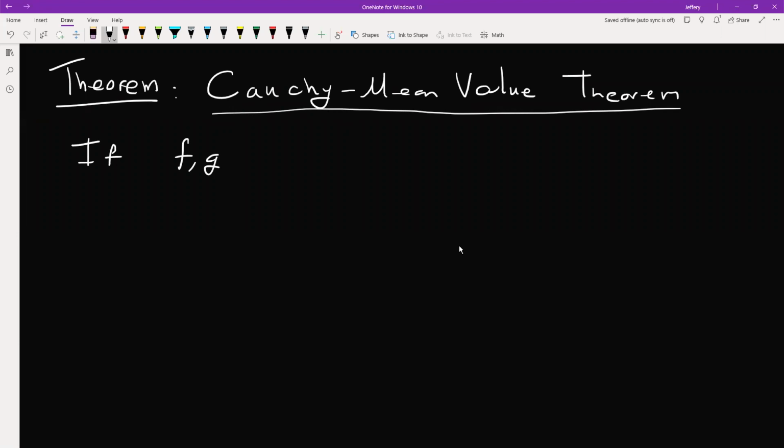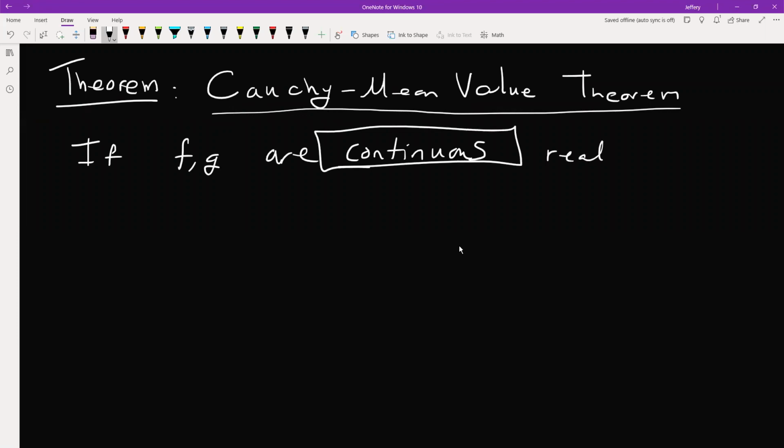And these guys are continuous. Now this is important. They have to be continuous. They're continuous and they're real and they're functions. And where are they continuous and real? You guessed it, on a to b. Okay, and they're also differentiable. So f and g are continuous, real functions on a to b, and we're going to say